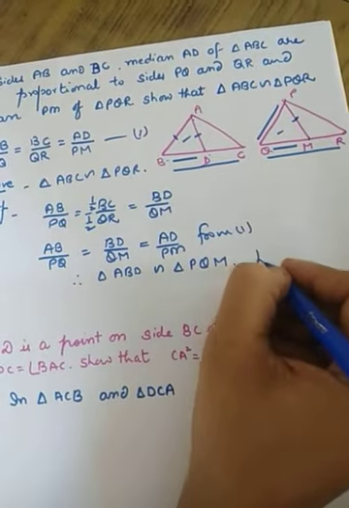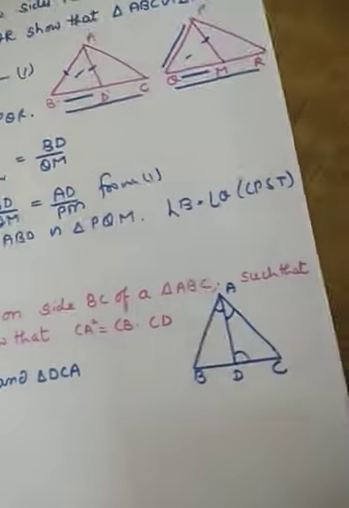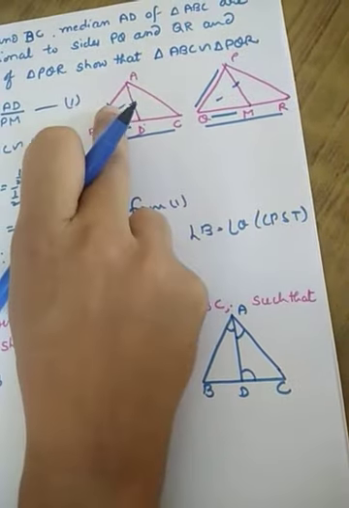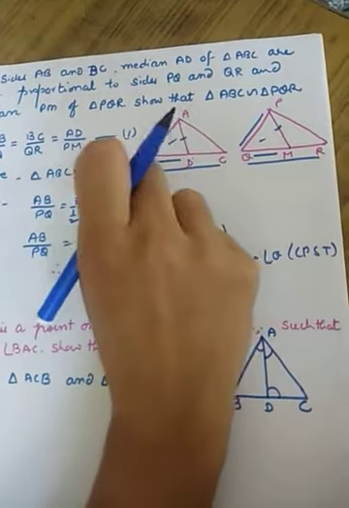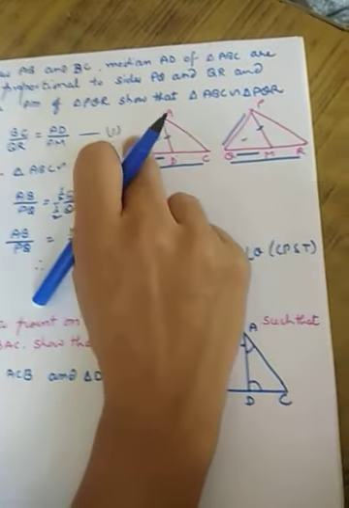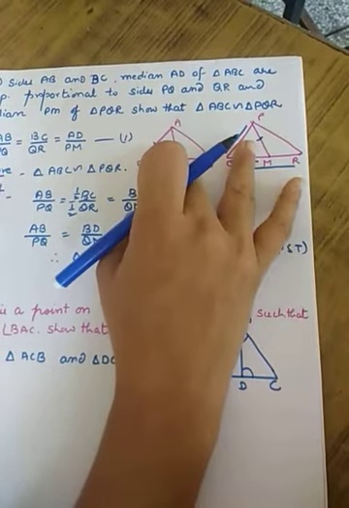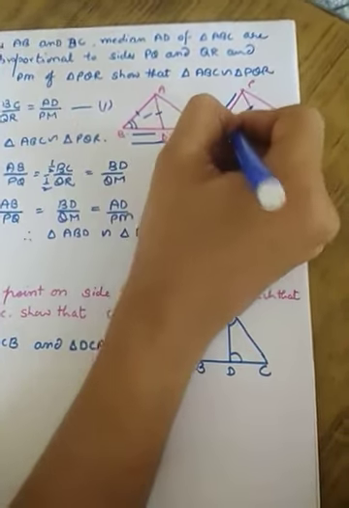If these two triangles are similar, then angle B and angle Q are corresponding parts of similar triangles. This is the reason why we proved these two triangles, to get the third part also. Earlier it was given AB by PQ, BC by QR, AD by PM. Two parts were given, the third was not given. So we got the third by taking these two triangles and their corresponding parts. We have got angle B equal to angle Q.